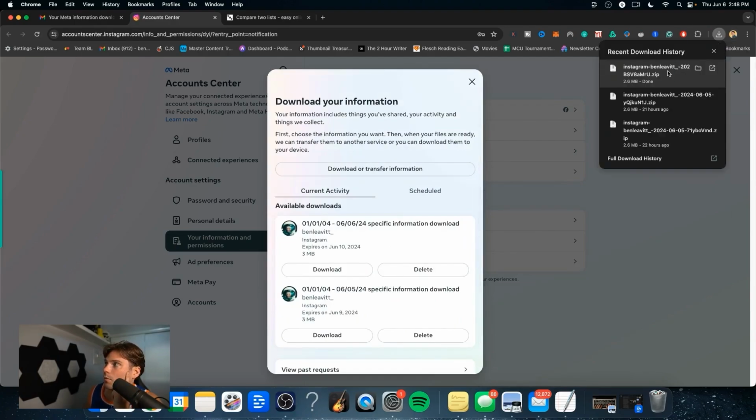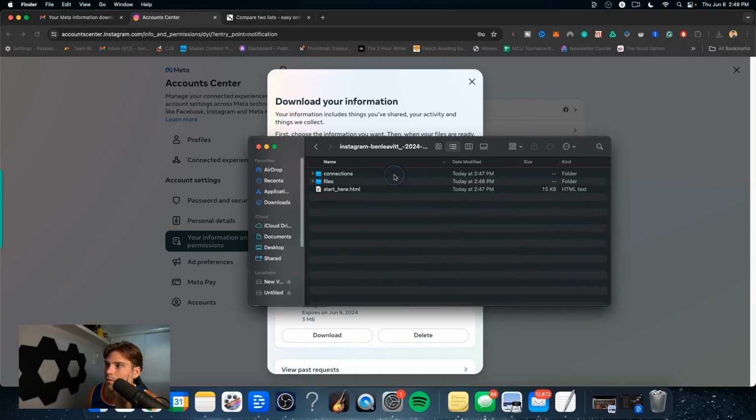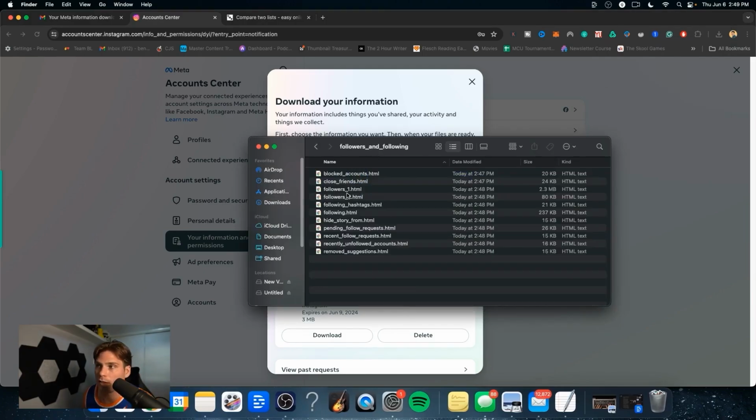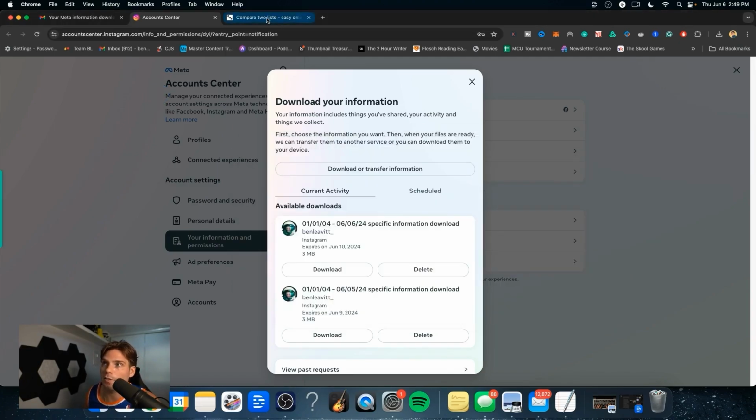So then from here, we can open this up. We can go into the folder, go to connections, and then followers and following. And then all we're concerned about is the followers and then following right here. So we're not concerned with following hashtags. You then take this information and you go to